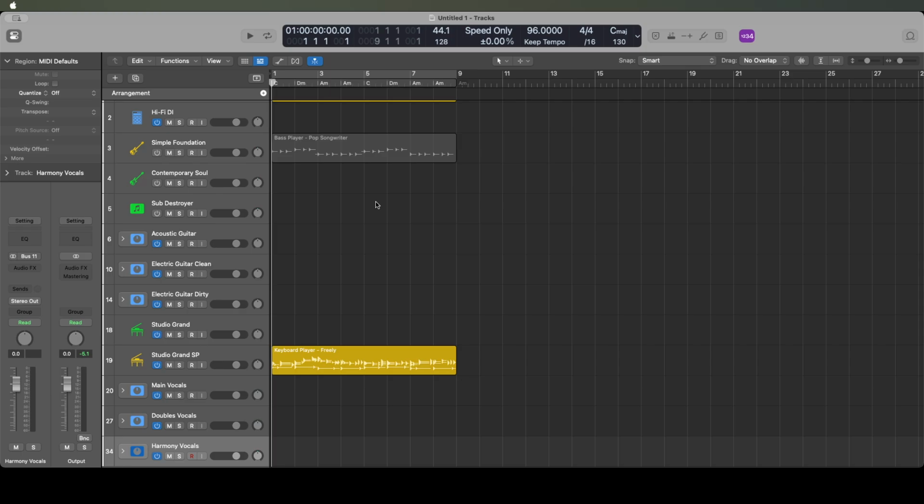So it really comes down to your workflow and how much stuff you normally do. If you know there's certain instruments you always need to have in your production, certain things you always want to have in your production, then you should set up a template and have that as a starting point. So now that I pretty much have this template set up the way I want it, I'm going to save